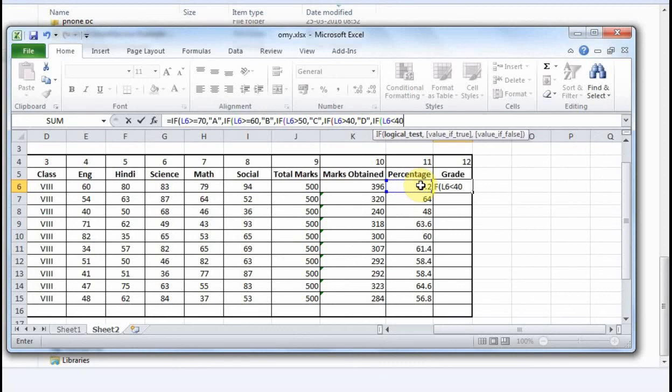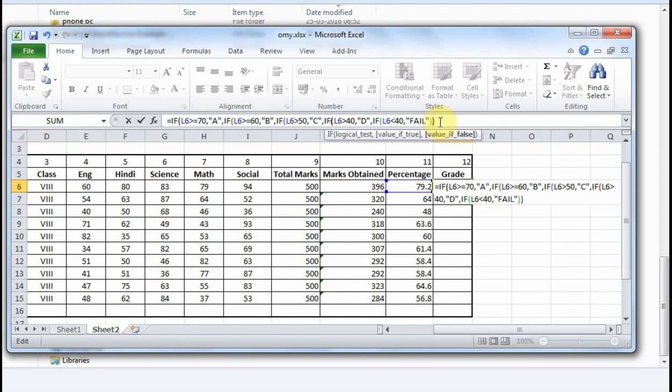If at last it's less than 40, then we consider that as fail. So this is the formula we have to make, and as you come here, you have to close whatever we started.